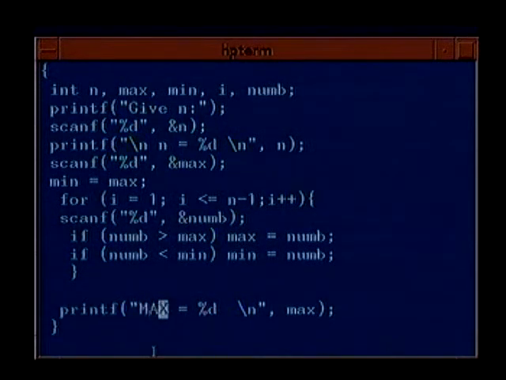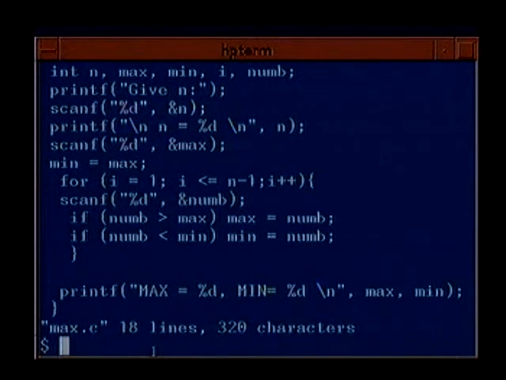And here you have to print both max and min. So I print max and min.